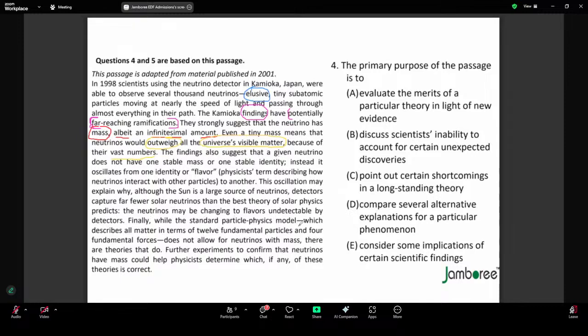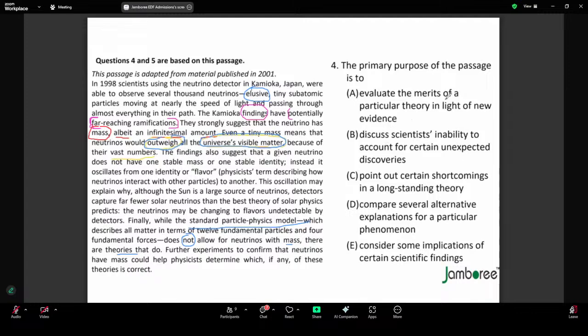Finally, the standard particle physics model, which describes the matter, does not allow it. So the standard particle physics model says, well, neutrinos don't have mass. There are theories that do. Further experiments to confirm the neutrinos have mass could help physicists determine which, if any, of these theories is in fact correct. And as you know, if it does have mass, it will end up outweighing everything in the universe, all the matter, and matter makes everything. So,